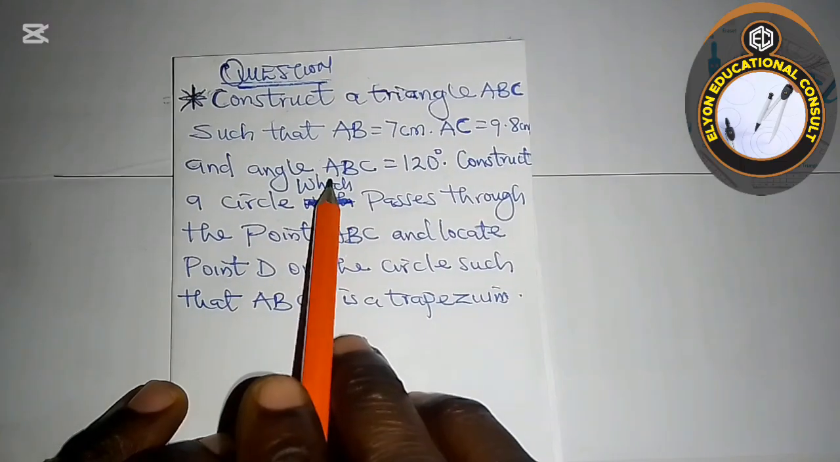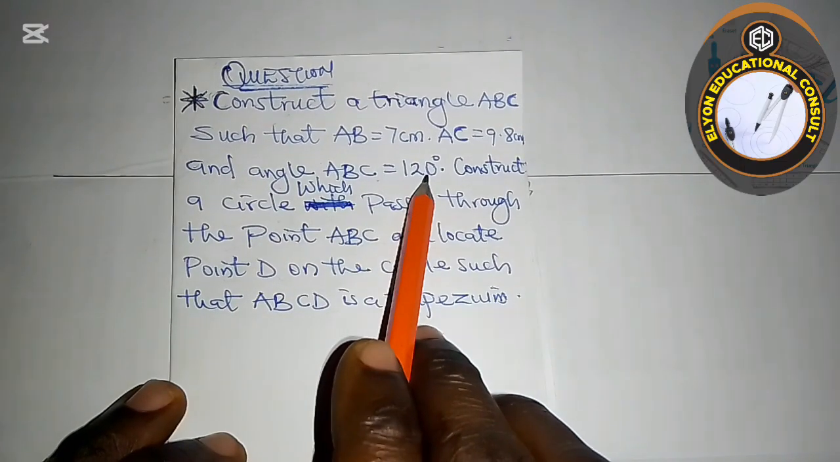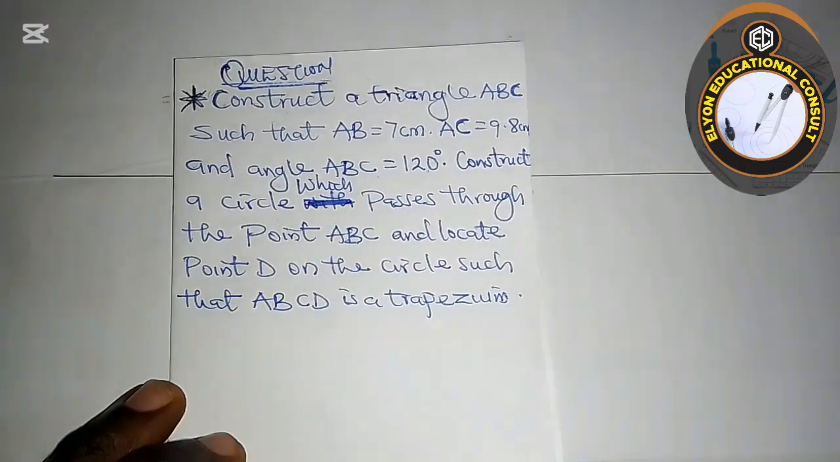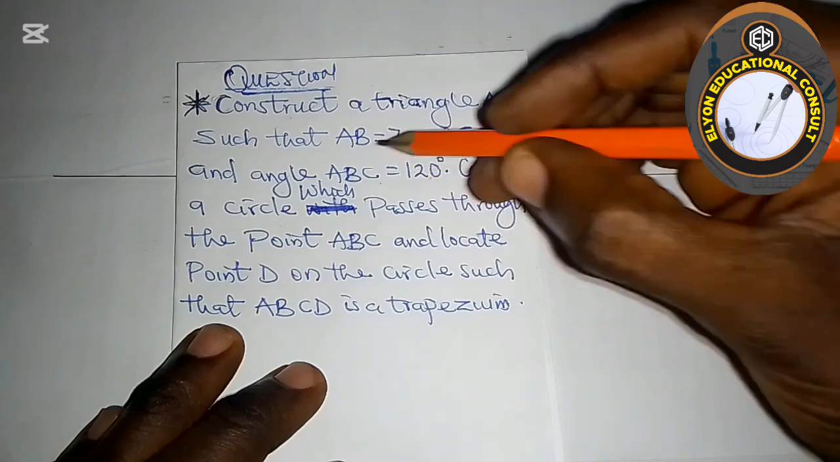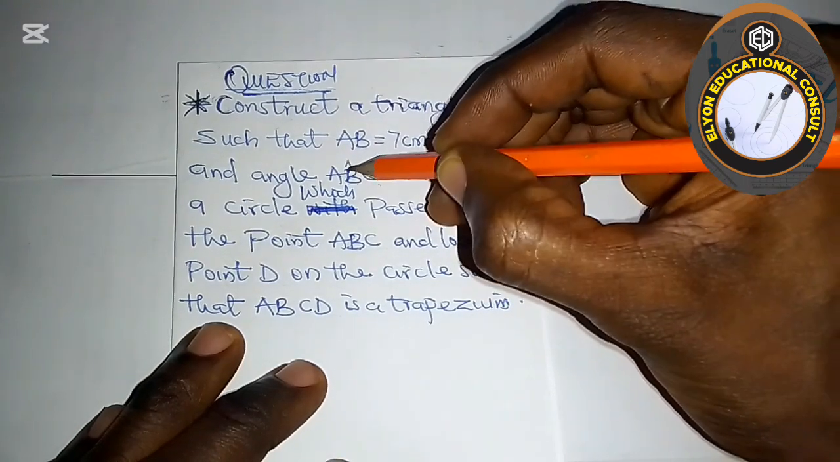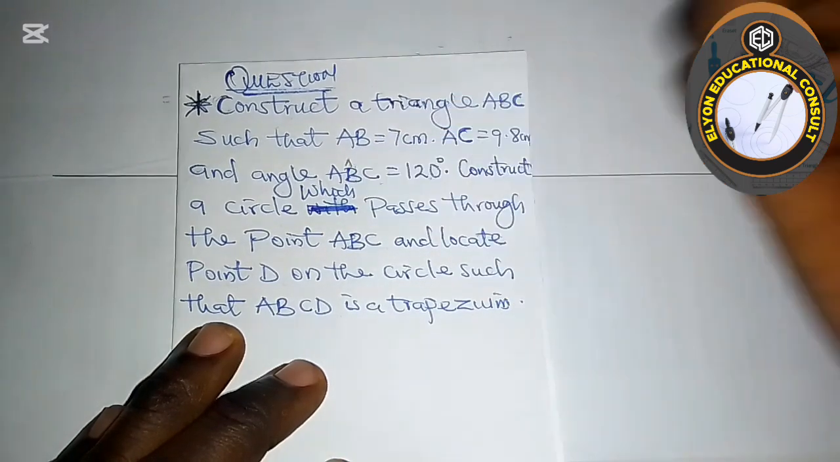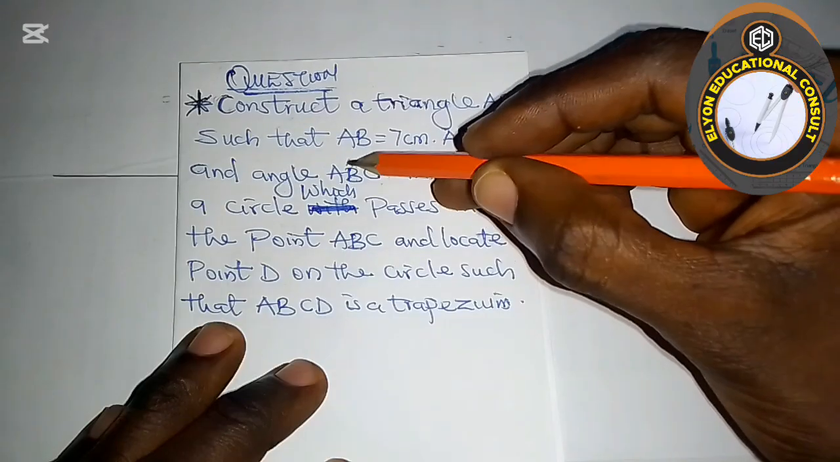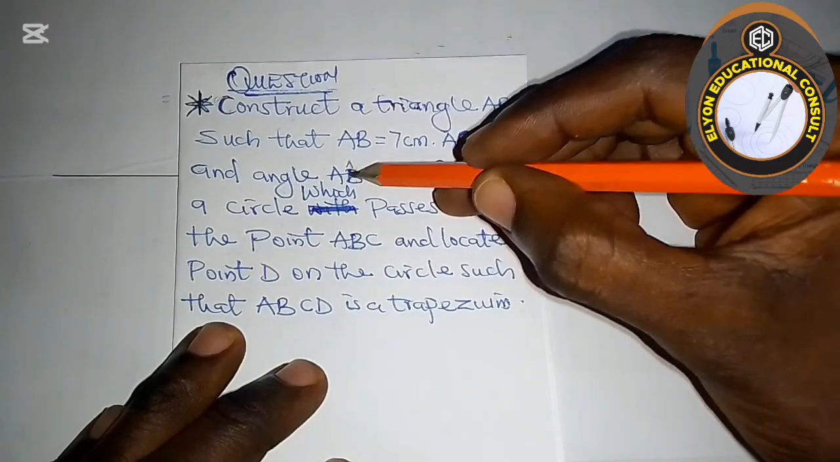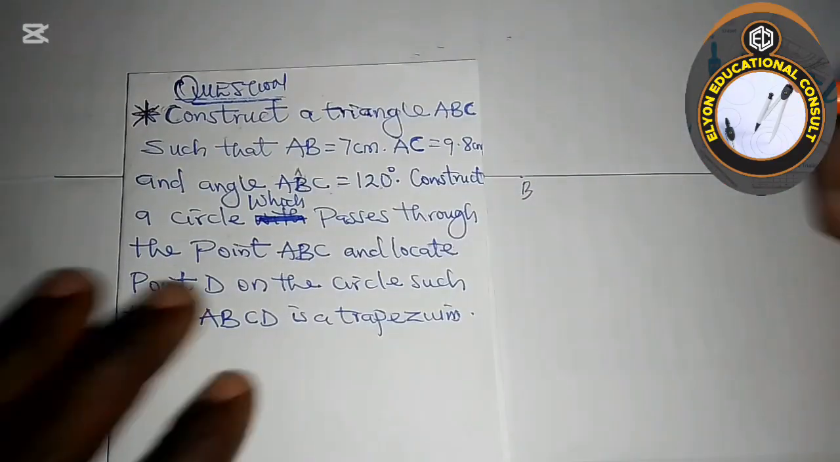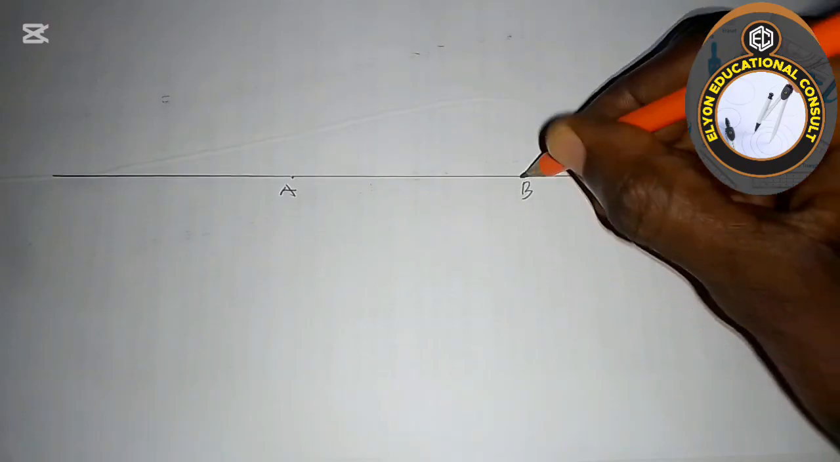Now if you look at the question, we are also told that angle ABC is 120 degrees. So the 120 degrees will be at this point B. So this is ABC, where the angle will be at this point B. So I'm going to be constructing angle 120